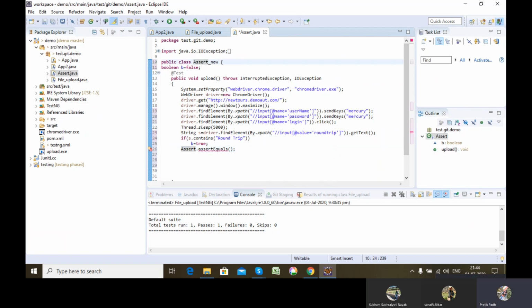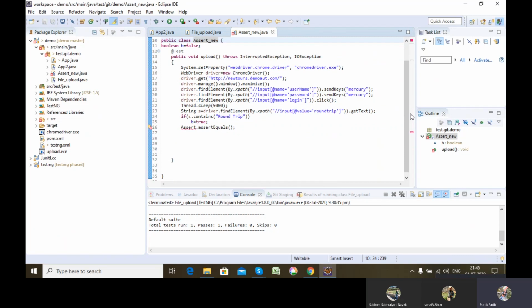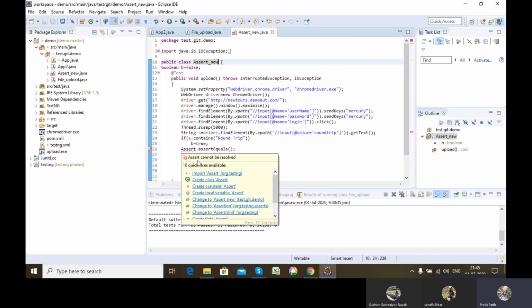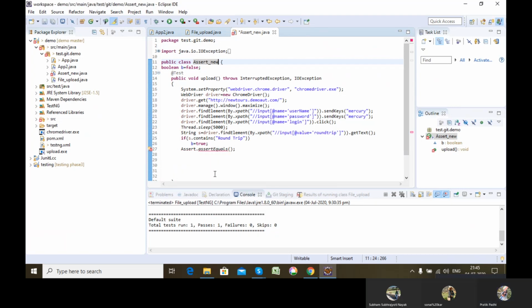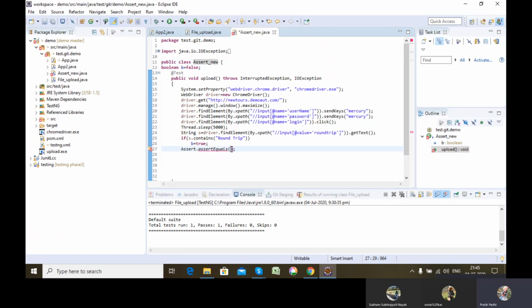You cannot use the same class name which is predefined in Java, it will create an error. See, that import was not coming because I had renamed my class to the same class name which is already defined in Java. So Assert.assertEquals, I can pass true and comma b.